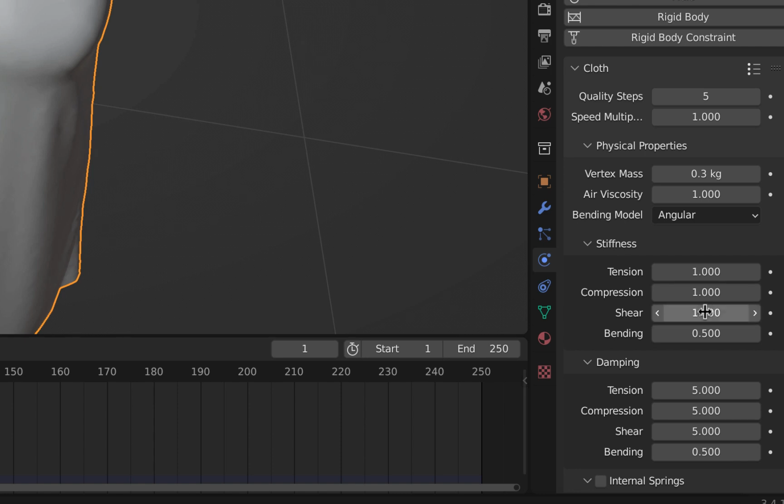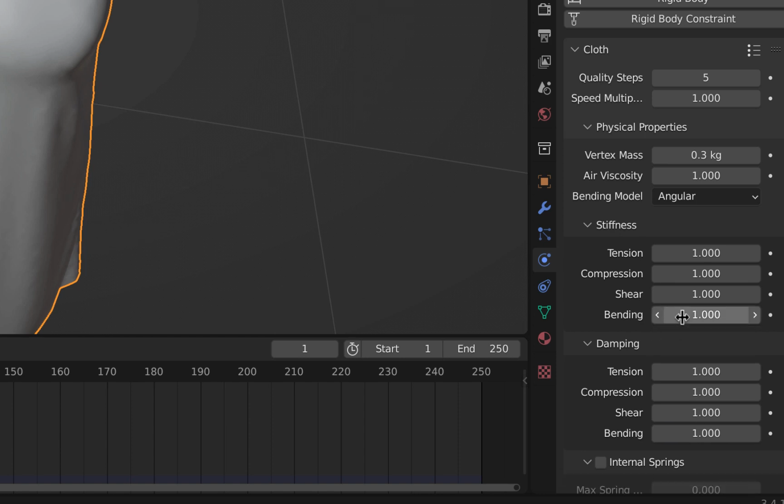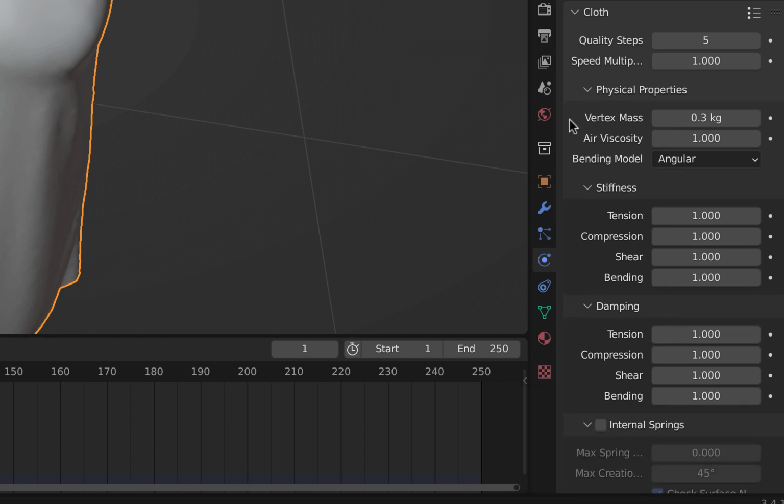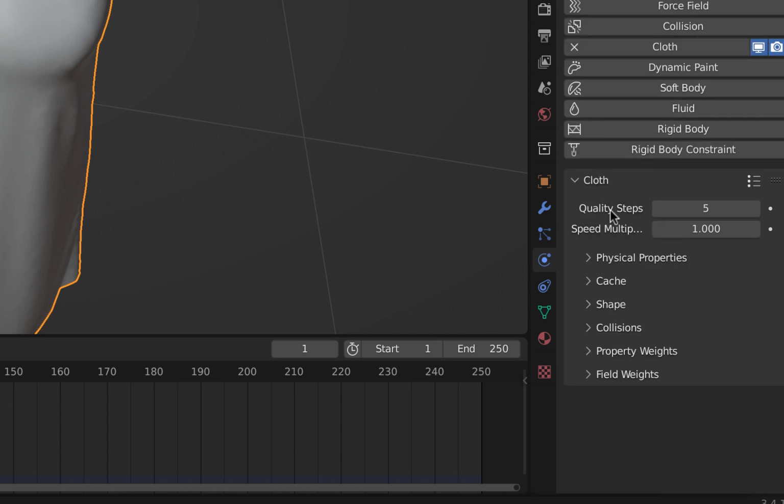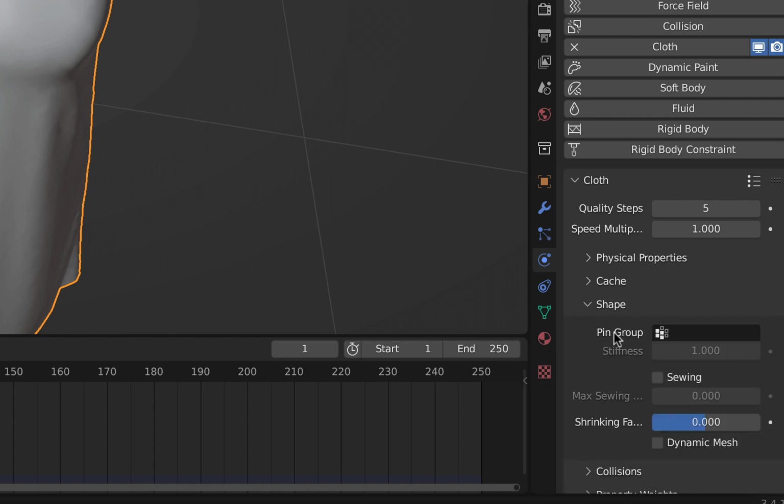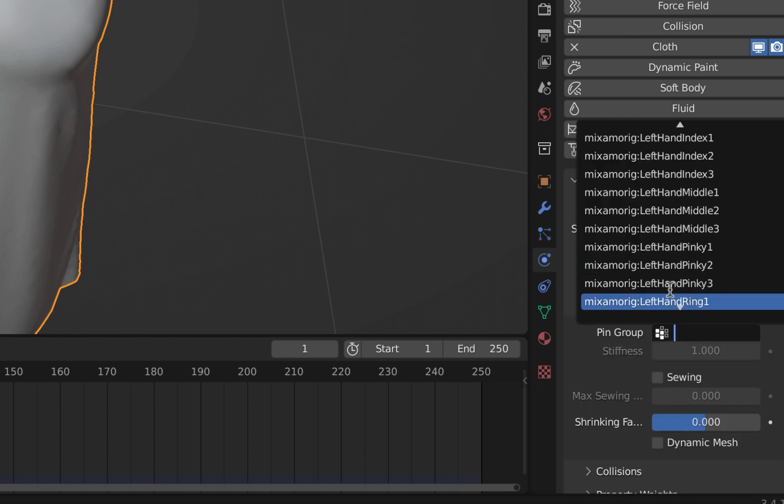Set everything low. So I'm going to just go down the list and set everything at 1. Probably a faster way to do this too, but let me know. Okay, so since those are all set for physical properties at 1, you can crank things up or down as you see fit. Next thing I'm going to do is go to shape and then pin group, and I'm going